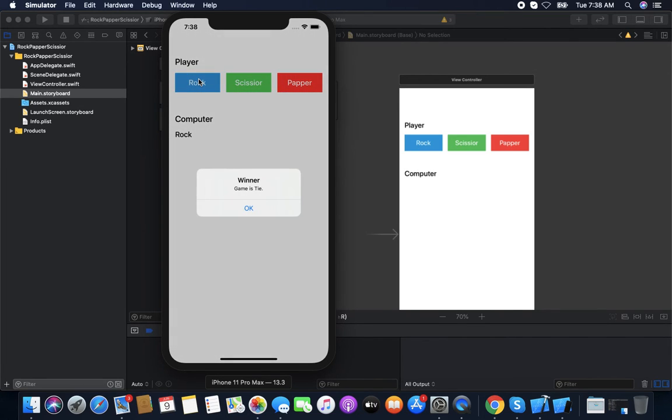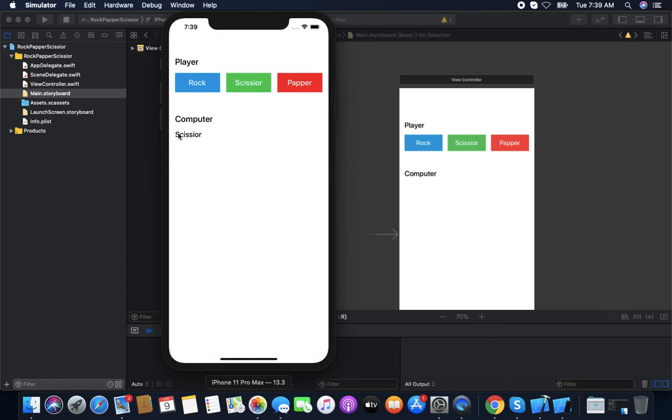Again player select rock, game is tie because computer select rock. Again rock. Then winner is you or player because rock can break the scissor.